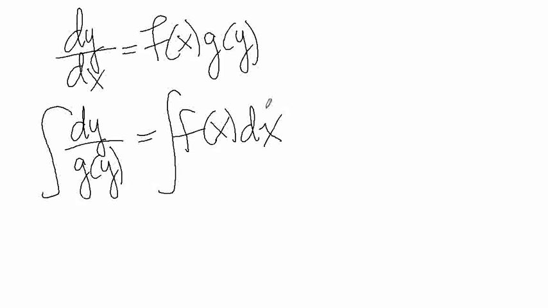Now let me do an example exercise using this method. What if I had the differential equation y prime equals a constant times y itself? Now, you may know that the solution to this differential equation is an exponential function, but let's pretend we didn't know that, and let's see what the method of separation of variables will give us. So I will move the y to the left side,